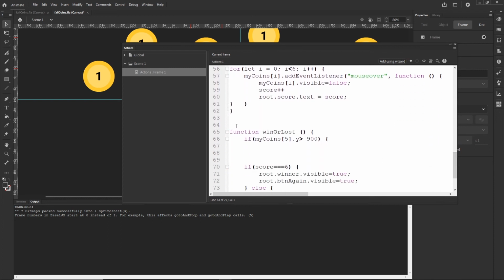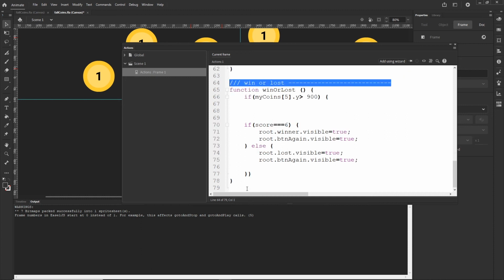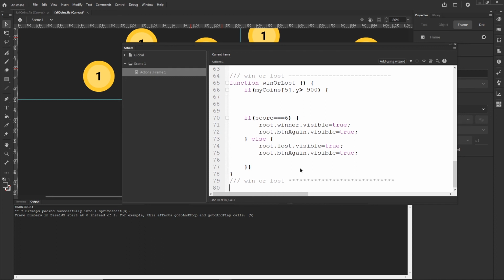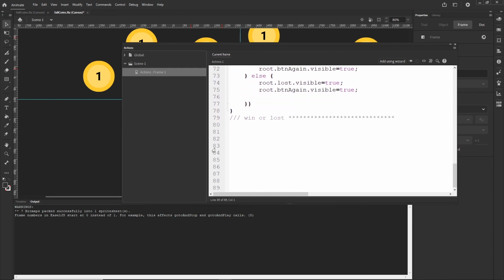So in here I can type win or lost like this, and I can copy this, Control C, and I can paste it in here, and here I can put it with asterisk like so, and I'm going to create a little bit more space, and I'm going to type this button again,